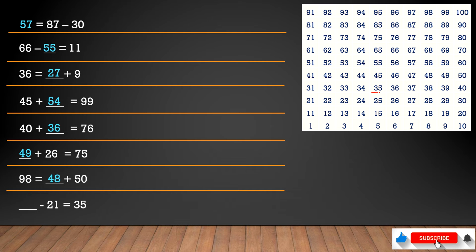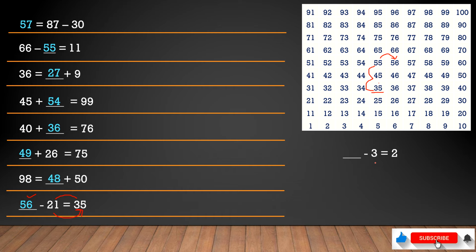Next example, from what number do we have to subtract 21 to reach 35? This is a different example. Here we are given 35, but they are asking from which number we have to subtract 21. So from the above number, because the above numbers are bigger. In a bigger number, if you subtract 21, then only you will get 35, right? So how to get that number? For this type of question, you have to add 21 to 35. If you add 21, 10, 20, 21, we get 56. So 56 will be the answer.